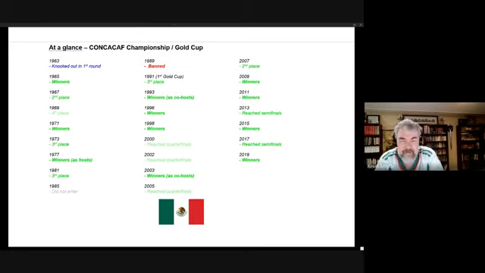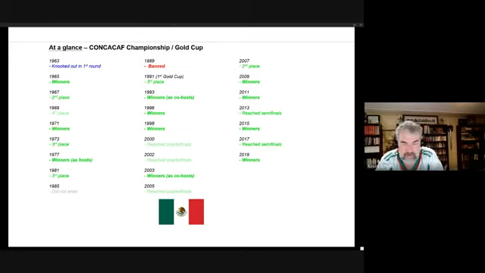Yeah. From the following version in 1965, however, they were a dominant team, although they won less than half the time. They won in 1965, but came second to Guatemala in 1967. We're not going to go through it year by year, but the early history is kind of interesting here.